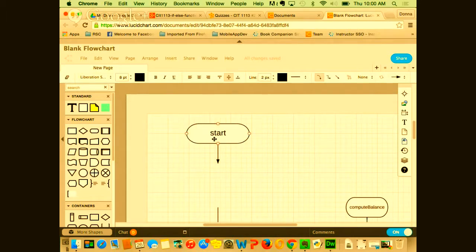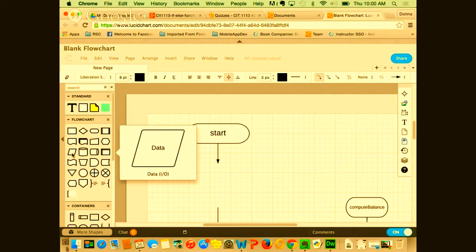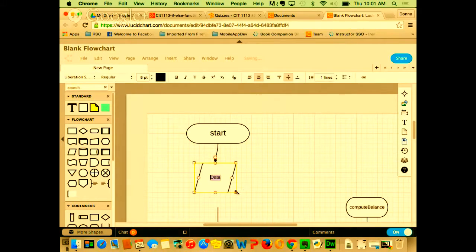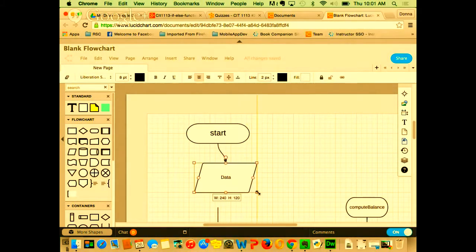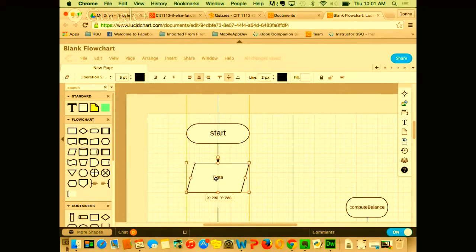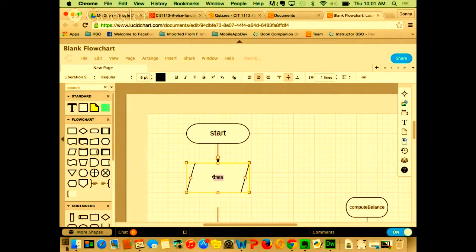Yes, we got that for the start. What's next? What did I say? We need an input, that's correct, thank you. So we're going to drag this over. And we said that we have how many input variables? Three, right?